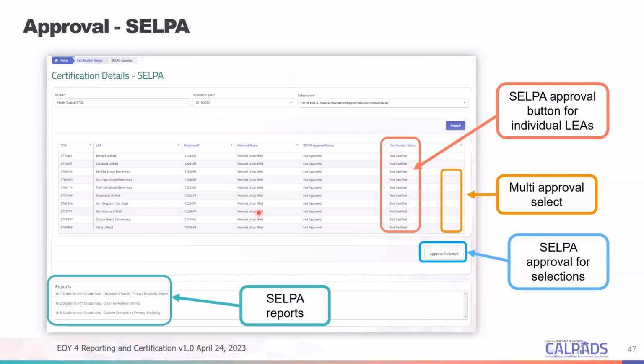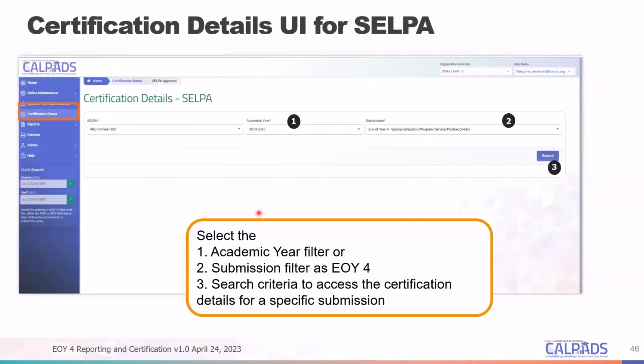Okay. Again, this is me generalizing. I know there are different LEAs that may have different circumstances, but for you to be able to meet the July 28th certification deadline, and to have yourself approve it, it's best to have your data ready and have your SELPA and SPED folks involved in this process as early as possible. If there are any questions on the approvals,